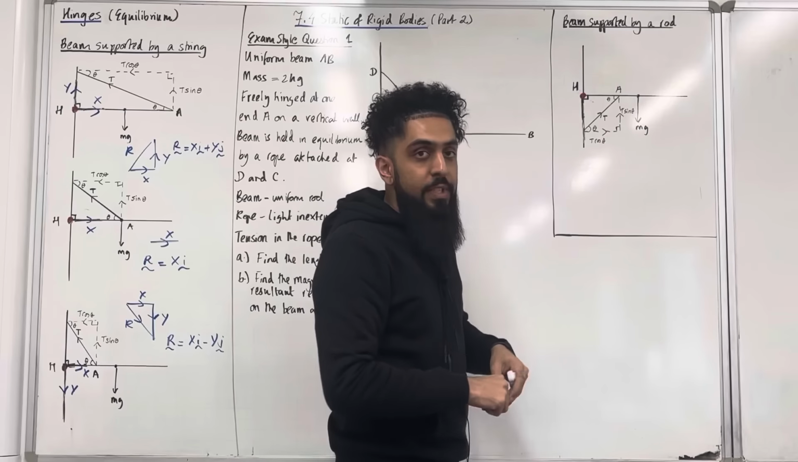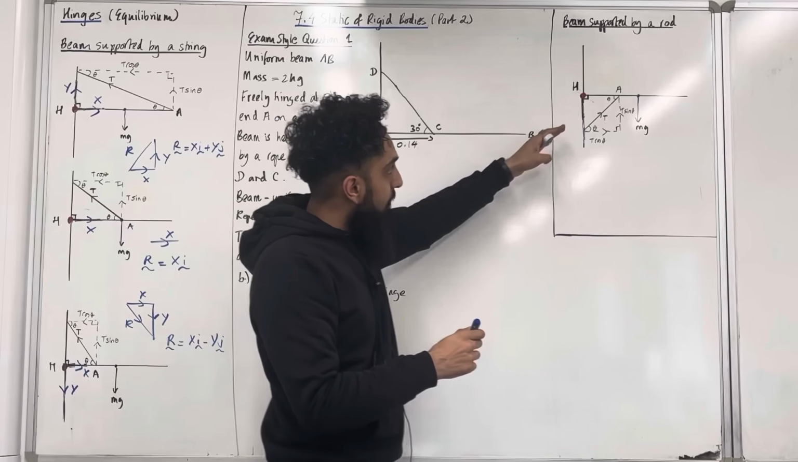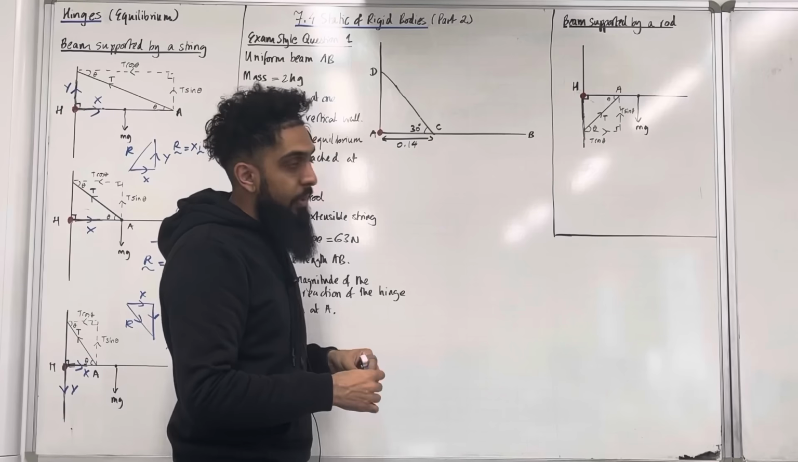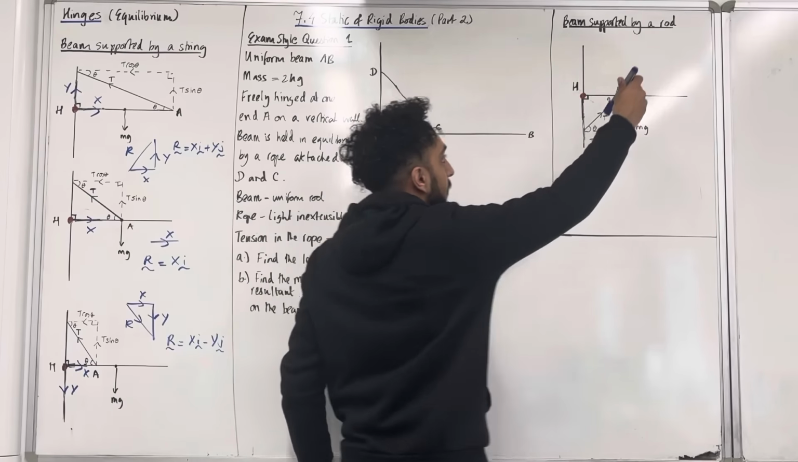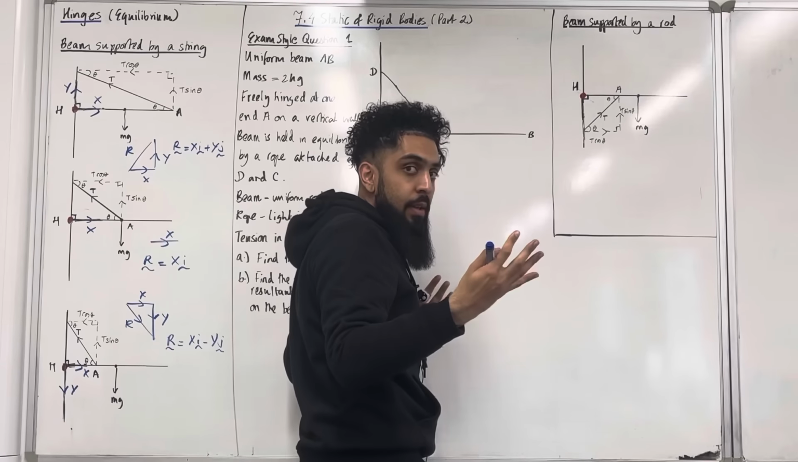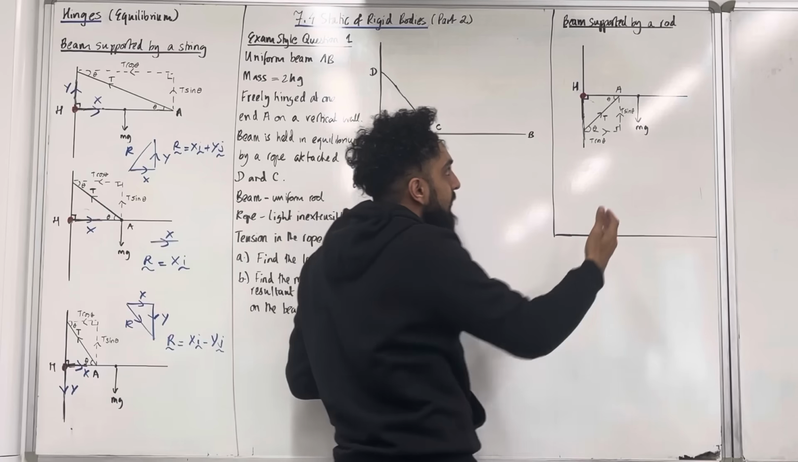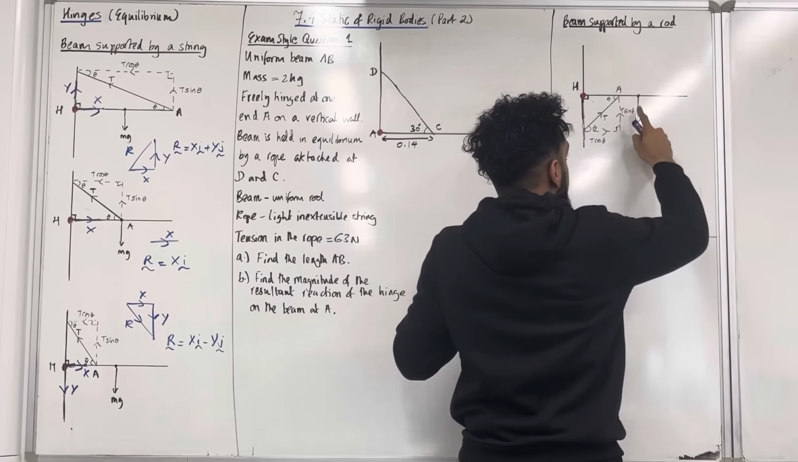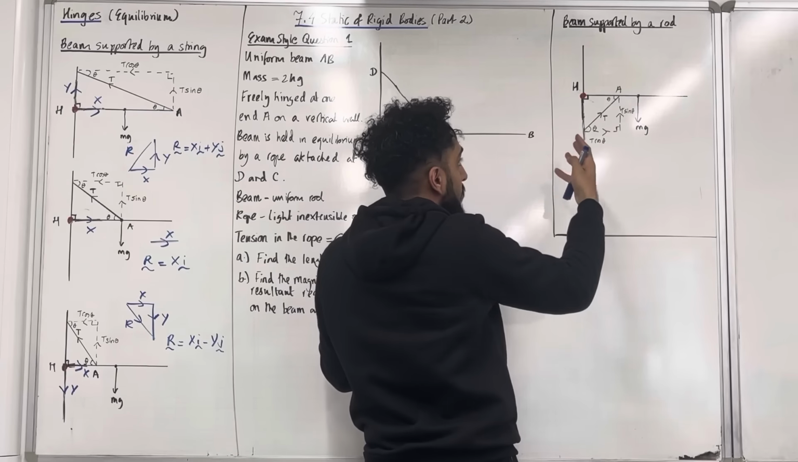Beam supported by a rod. Now here is my rod. The T represents the thrust. Okay, if I take moments about the point A, all the forces coming out of A are neglected. So the only vertical force that I can see is the weight. So if I hold on to the point A, the weight is going to take the whole beam, or you could say body,